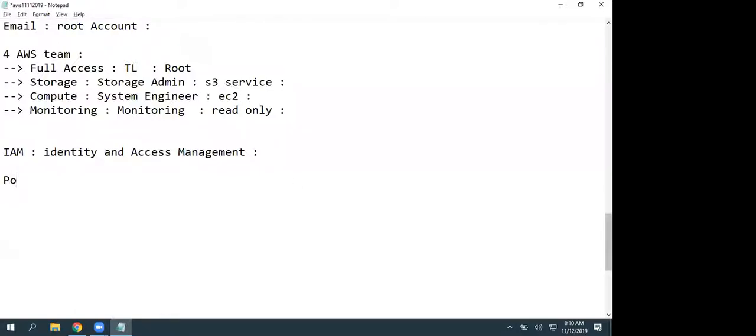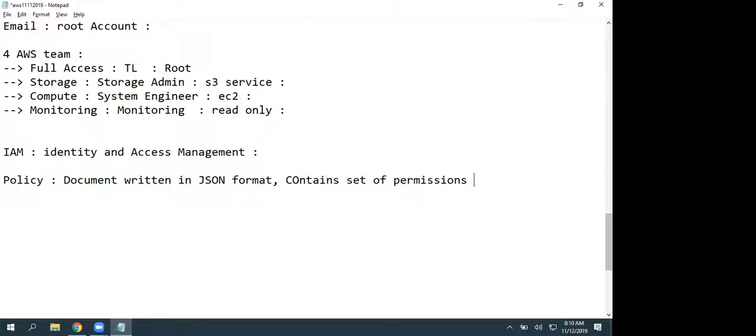Basically, a policy is nothing but a document written in JSON format, JavaScript Object Notation, and it contains a set of permissions on our AWS account. We have AWS managed policies, job function policies, and customer managed policies.